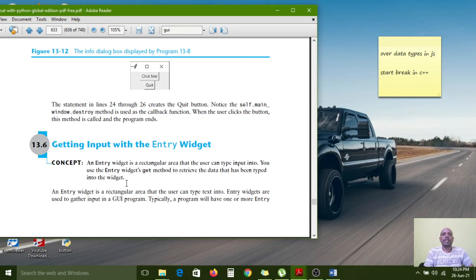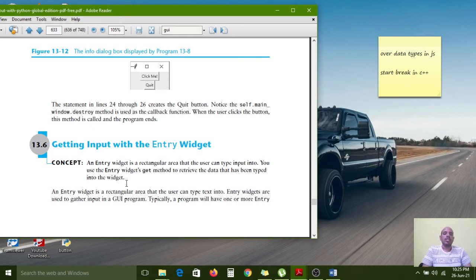If you enter a value in that text box, how do we collect it from the entry widget? By using the get method, we can get the input value given by the user. After getting that value, we can use it in our program.